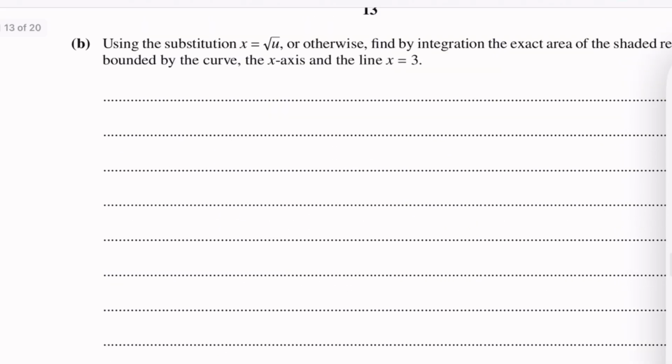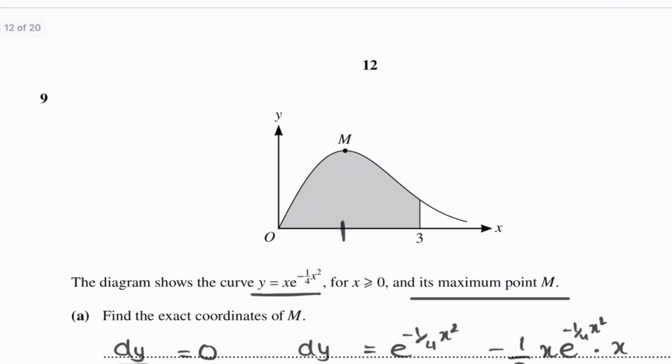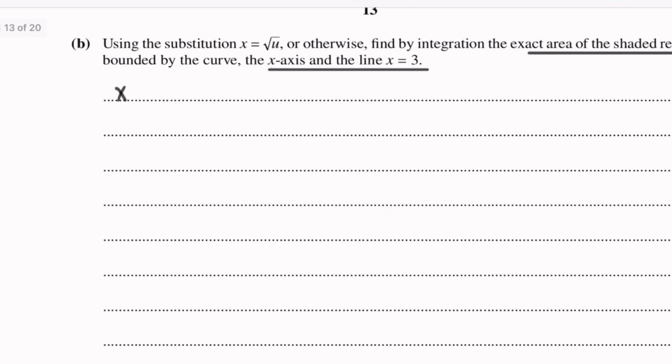Now b says, using the substitution x equals root u, find by integration the exact area of the shaded region bounded by the curve, the x-axis, and the line x equals 3. Okay, so basically the limits are going to be from 0 to 3, and if we want to use a substitution, so first, let's go ahead and get the derivative of x with respect to u, and that's going to be 1/2 u to the power of negative half. So dx will equal 1/2 u to the power of negative half